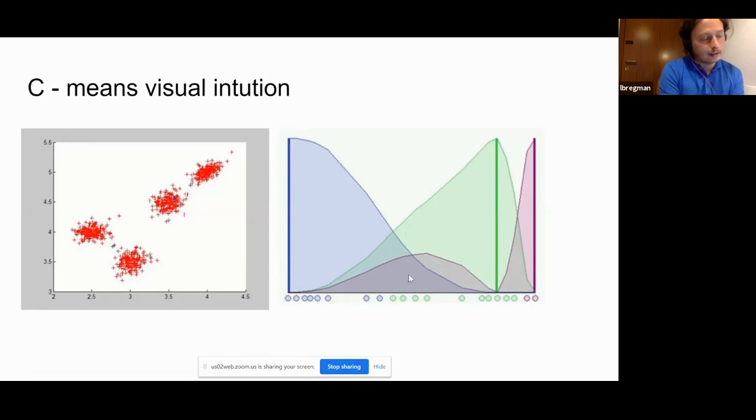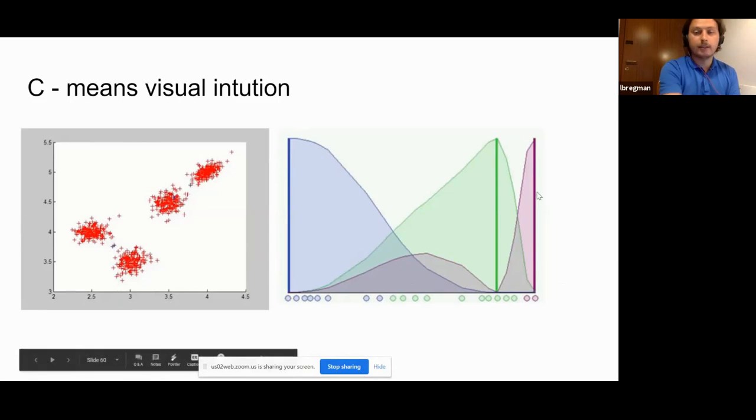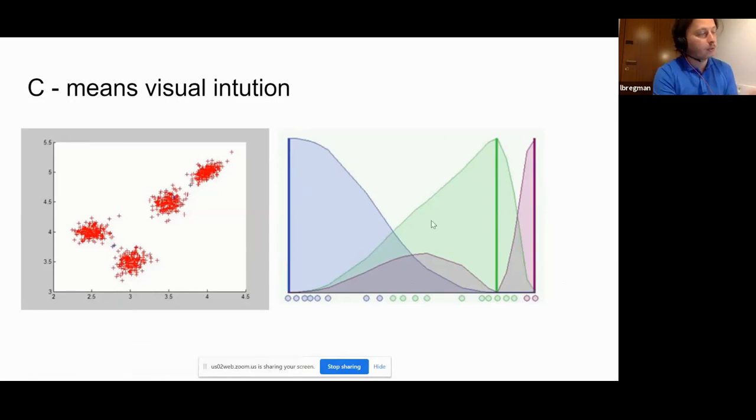You can see that, at least in this one dimension or one feature view, the things are overlapping. Like this dot in the middle can belong here with some degree and can belong here with some degree.